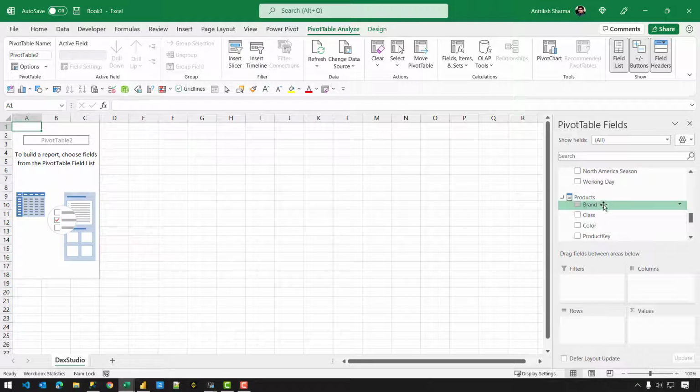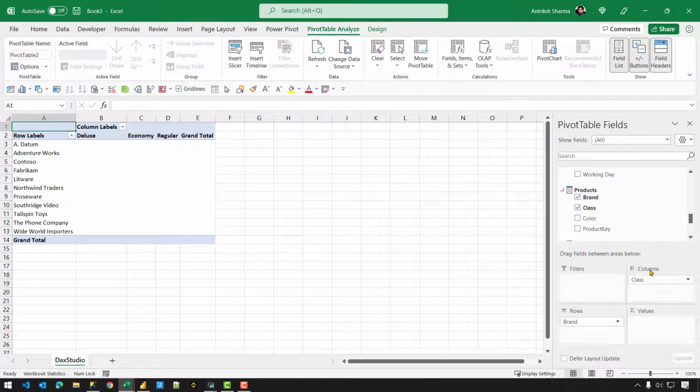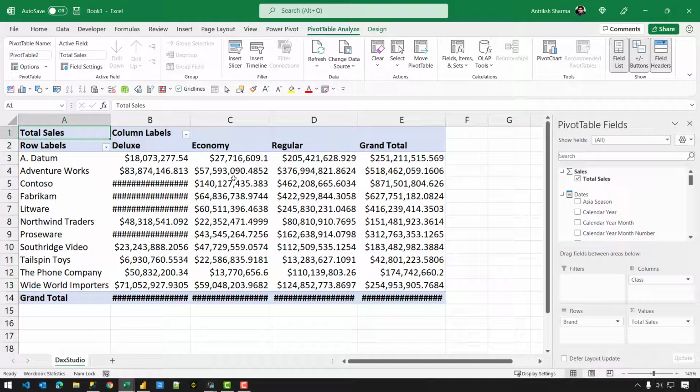So let's say I go and drag and drop the brand column and class column in the columns shelf, and I can simply bring my total sales measure into the values area. And now I have created a report with the help of the columns from the products and the sales table. And in case you do not want to go through the hassle of connecting manually, you can use DAX Studio. And there is also another tool by SQLBI, which is Analyze in Excel. So in case you do not want to use DAX Studio as well, you can simply refer to